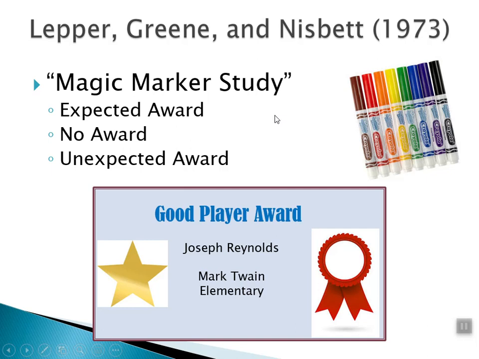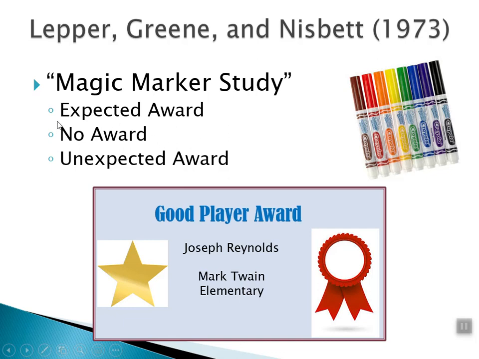The kids were randomly assigned to conditions. So for some of the kids, the researchers would go up to them and say, hey, if you draw a picture for us, then you will get an award. Then they were shown something, there wasn't an example of the award in the article, but I'm assuming it looked something like this, the way that they described it. So it had the kid's name, it was called a Good Player Award, it had the name of their school, and this was going to be posted for everybody to see, like on a bulletin board. So most of the kids were excited about that. That's motivating for a lot of kids that age.